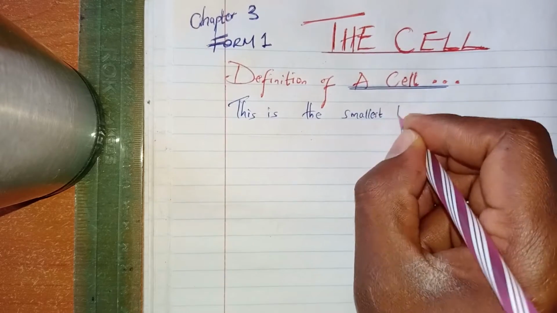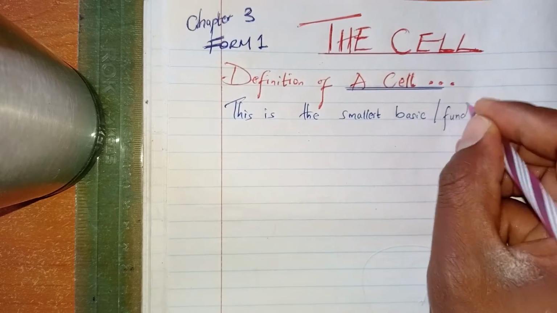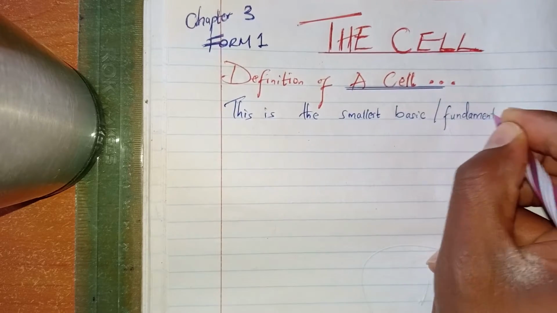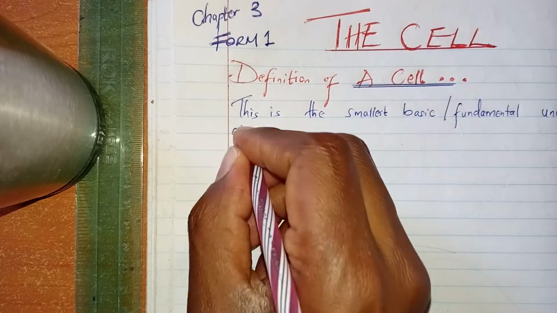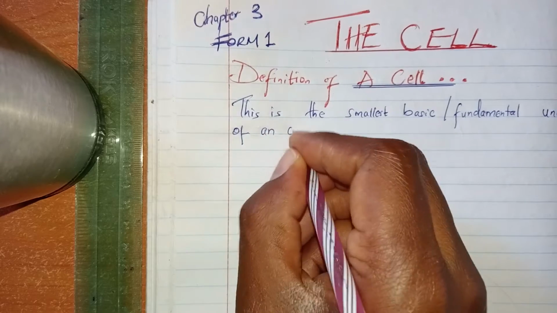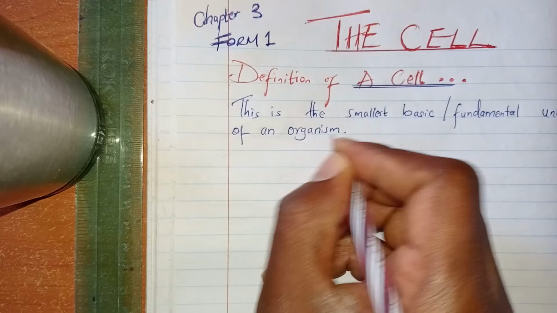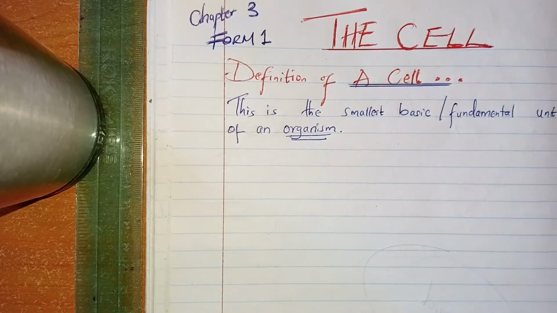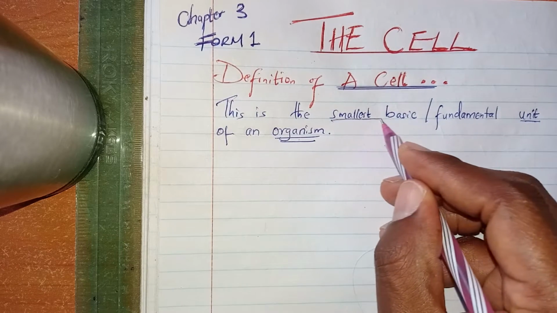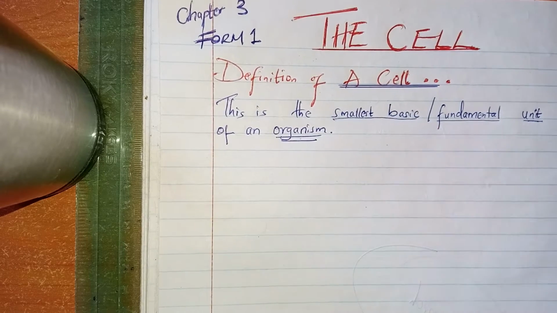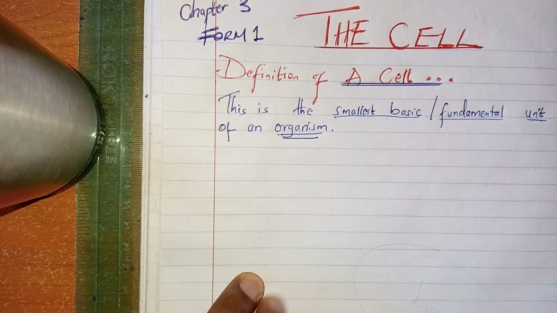smallest, basic, stroke, fundamental unit of an organism. So an organism is made up of cells, and this smallest unit, which is basic or fundamental, is what we call a cell. So cells make up